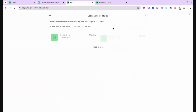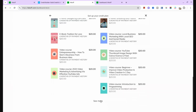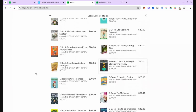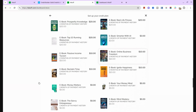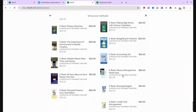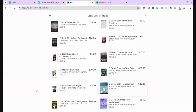They said that I can go and make a purchase on my account and purchase ebooks, but I tell people, don't do this. I tell people, if you're going to do anything when it comes down to the accounts with Kikoff, just get the $750 account and purchase these little ebooks for like $3. A $3 one here again. Purchase these $3 ebooks. I think there's like four of them on here. Purchase the four $3 ebooks, and then let them take out the auto payments at whatever minimum that they want to take it out at, and then don't do anything else with them because they're going to continue to